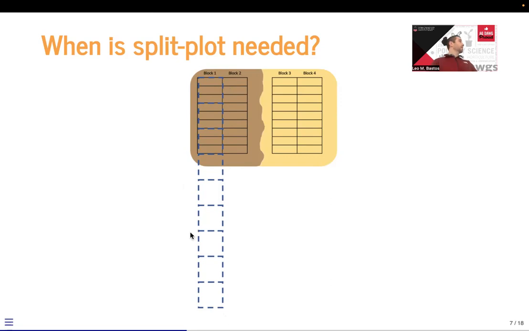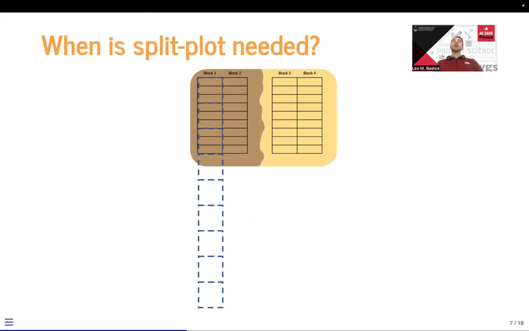But let's say we don't have this much area, right? So if you go to your farm management or your farm staff and ask for this much area, and they say, well, we don't have that because you asked us originally just for the one that we're seeing in front of the soil types. So if you need more area or more material, but you don't have that material, and that material is only required for one of your treatment factors and not for both, that's one of the cases where we would use